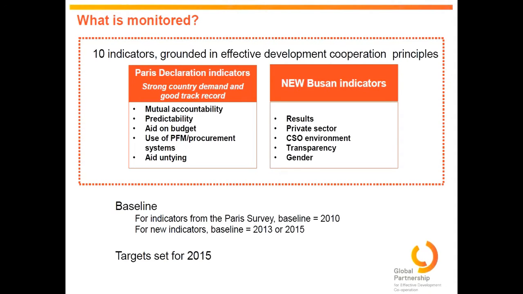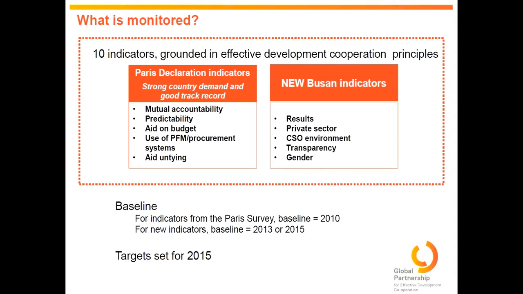The 10 indicators are a combination of legacy indicators coming from the Paris Declaration. This is not an effort that happens this year, but it has been going on since 2005. And developing countries and development partners agree that there are a few issues still relevant in the current development effectiveness agenda, including predictability of aid, that the development cooperation flows are on budget, the use of country systems,